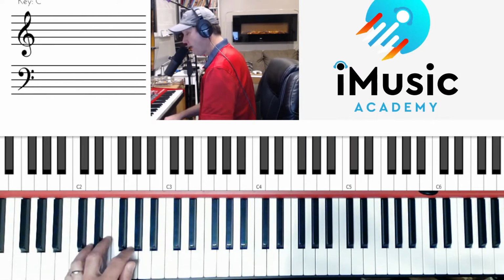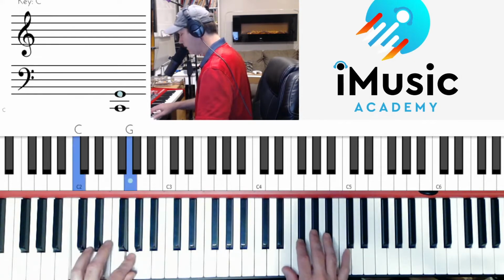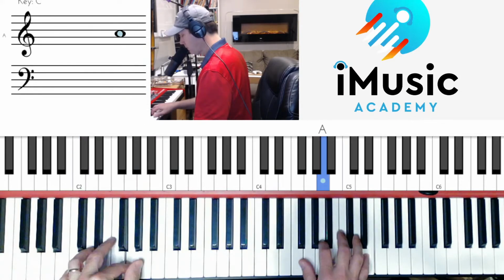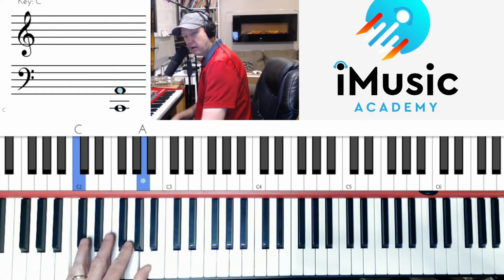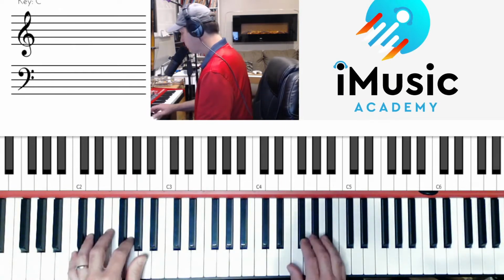over a different bass line. I haven't done this, but let's just say if I wanted to take this idea, so what am I doing? I'm just using the one, like quarter notes, for this bass line. And I want you to be able to play a melody with a different bass line, something that we've worked on before, right? So